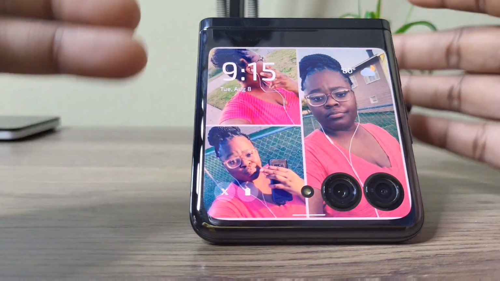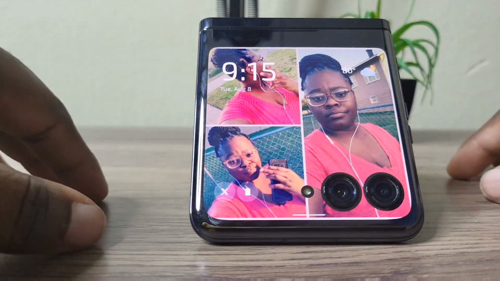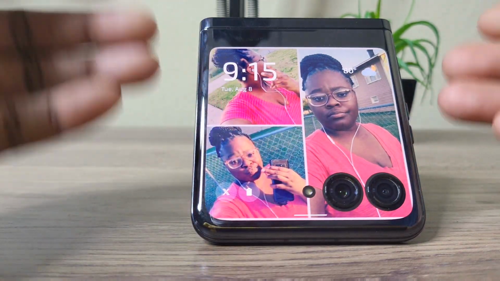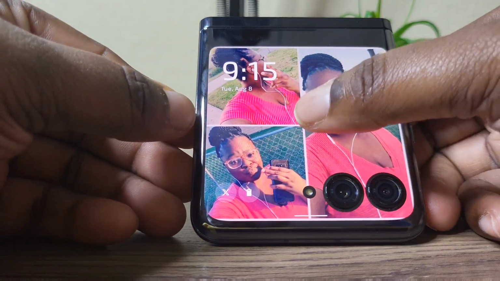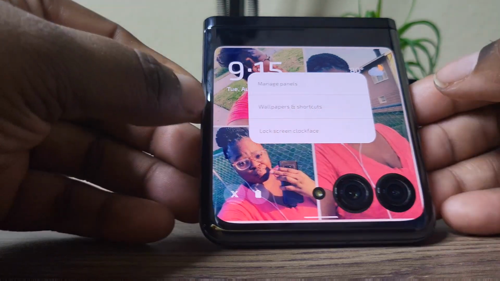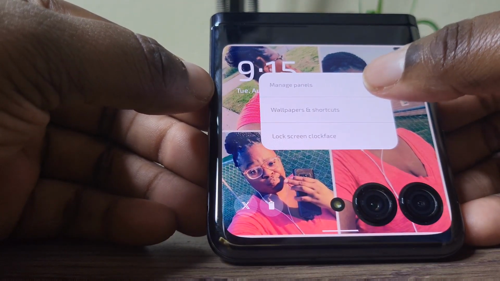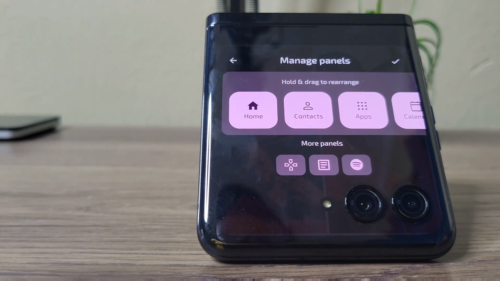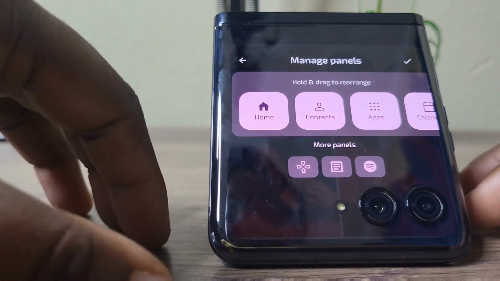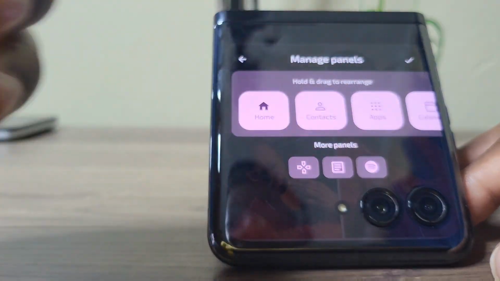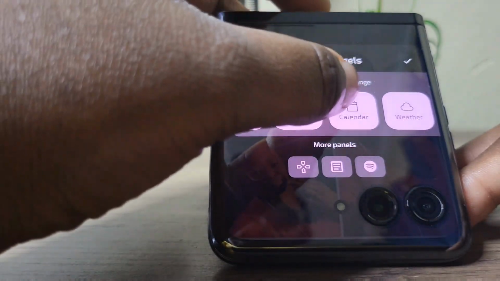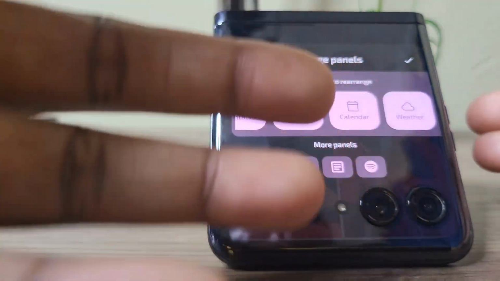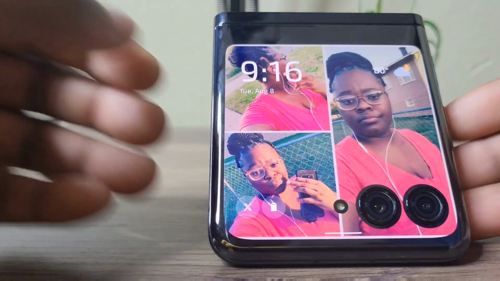You can set pictures, you can have apps, you can actually text, watch YouTube videos on this outer display. So pretty much, if you want to add things to the outer display, all you need to do is just hold down on the screen. As you can see, it says manage panels. You click in that, you can manage all the panels that you would want to have on your outer display here. You have your home screen, you can have contacts, you can have apps, calendars, weather, and then down here you get your Spotify. These are more panels that you can have, and you can click out of that,